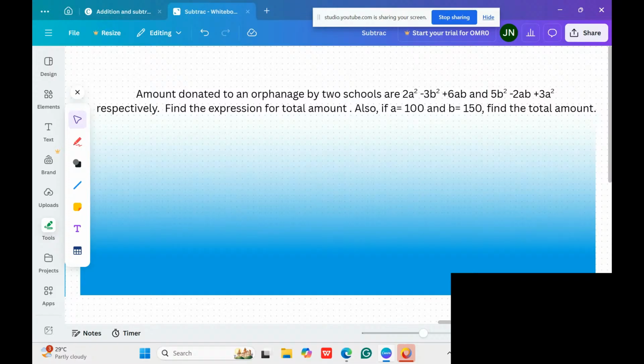Okay, so this question is all about, first you have to simplify, and then you have to evaluate. So this question involves both the concepts that we have learned in this chapter. Which operation are we using in this? The question is, find the expression for total amount. And how do you get total? Total is the sum of numbers, right? So you have to find the sum of expressions. So let's do that. We will write total amount